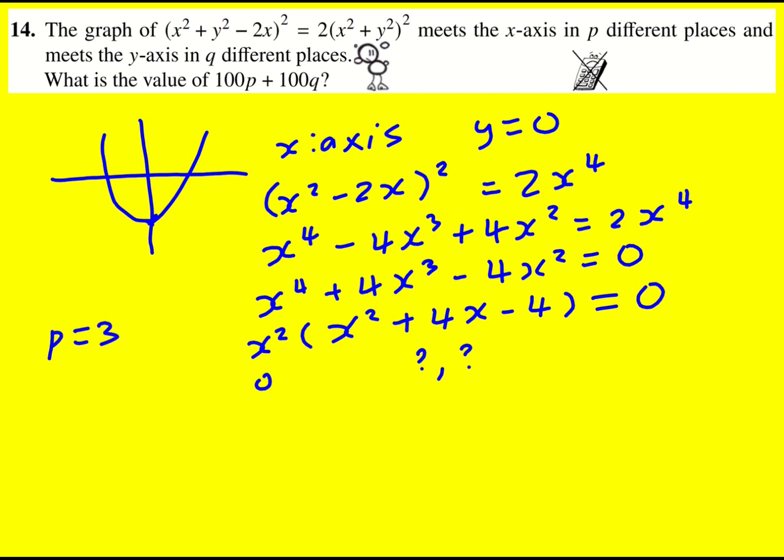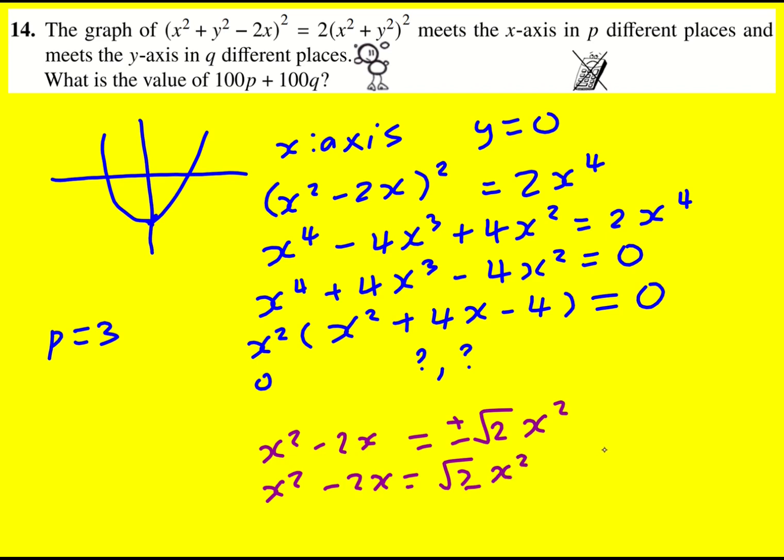Now, let me just say, if I had gone down the other route of square rooting both sides, which is valid, then I'd get x squared minus 2x is equal to root 2 x squared. I just need to make it plus or minus because I'm taking the square root. One of the sides has to have a plus or minus in. And then you need to consider these two in turn. So x squared minus 2x is equal to root 2x squared, and with a bit of sorting it out, you can see there's going to be two